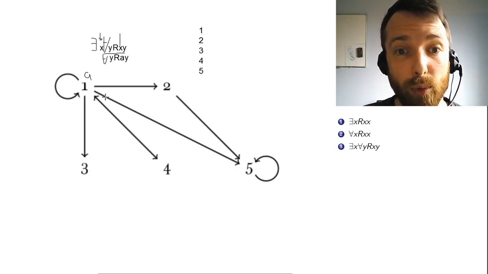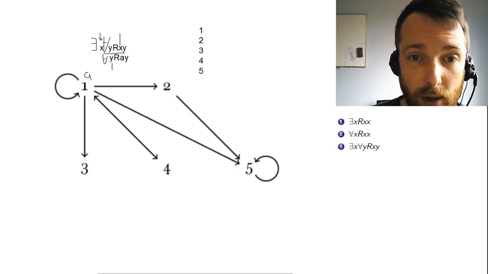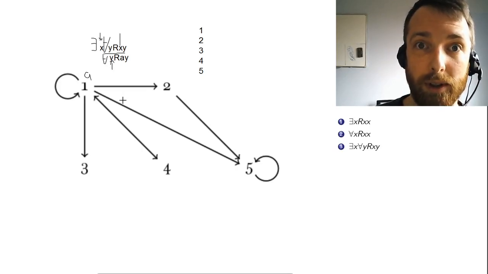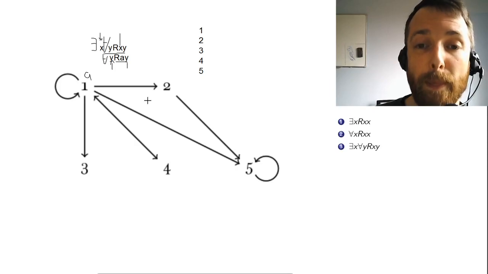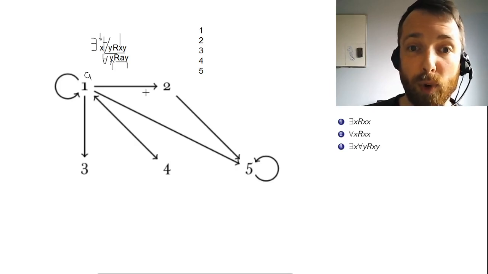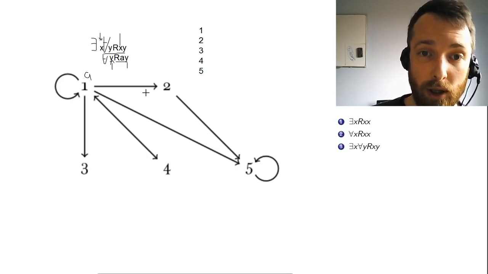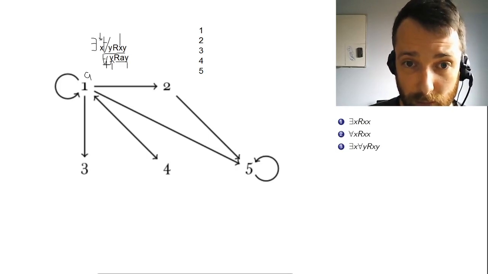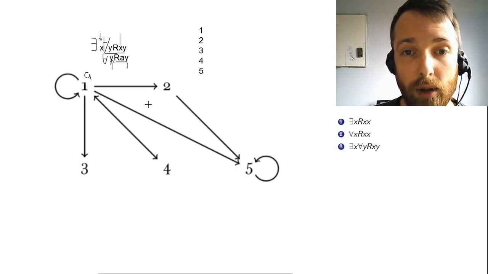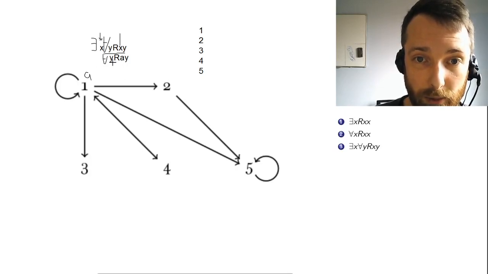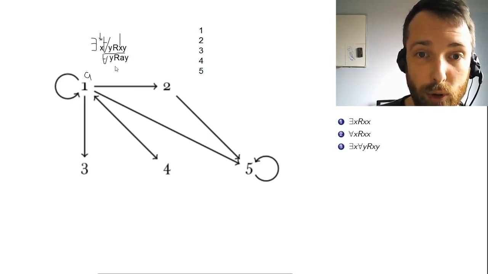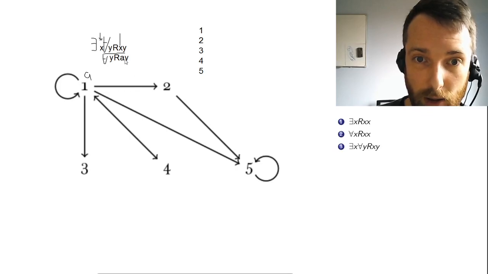Well, now I apply the rule for the universal quantifier. That rule says, look at the variable in the quantifier, try replacing all occurrences of that variable in the thing that comes after it with a new name. Try all the 5 options for where you can put that name on our interpretation and check whether all of them are true. Okay, so if I drop the quantifier and replace all occurrences of that variable in the remainder, the thing that comes right after the quantifier, with a new name, well, then I need